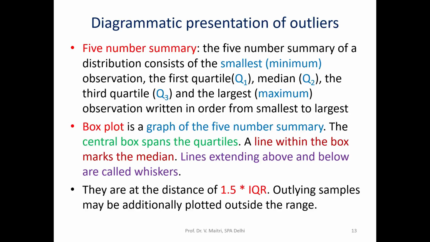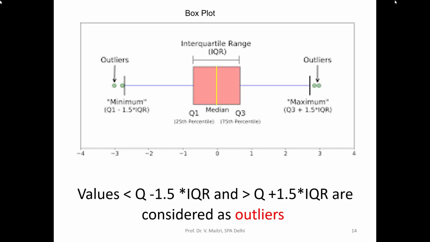Let's see how it is being plotted and drawn, and if they are outside the range, they will be plotted outside the range. Just see. Now we put in the line. So we are making a box. The 5-number summary is what? Minimum value, Q1, median, Q3, and maximum value. So the maximum value should be Q3 plus 1.5 times IQR, and the minimum value should be Q1 minus 1.5 times IQR in the ideal condition. So interquartile range is Q3 minus Q1.